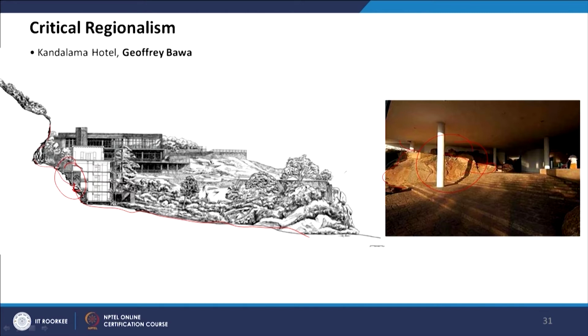So this is the corridor of this hotel. Through this they will enter the hotel rooms, and on one side you will see the valley. So on this side, instead of a man-made element, they will see a natural element on one side of the enclosure, and a man-made element on the other. So this is how it is fusing with nature.